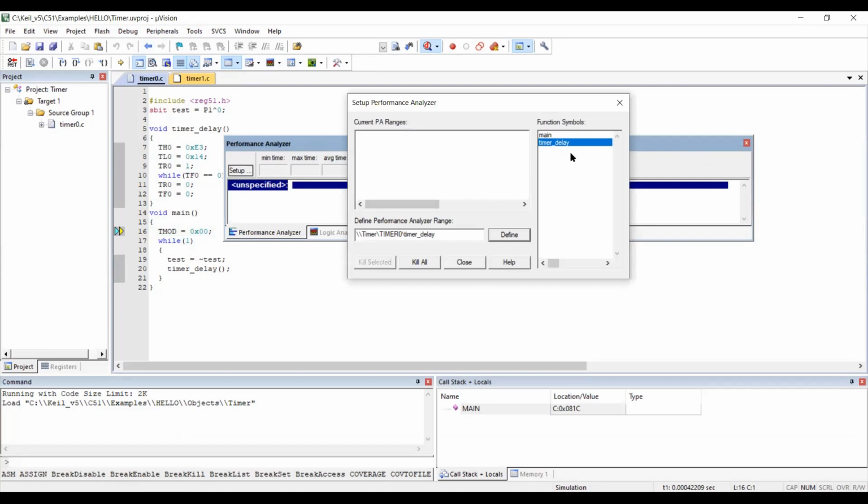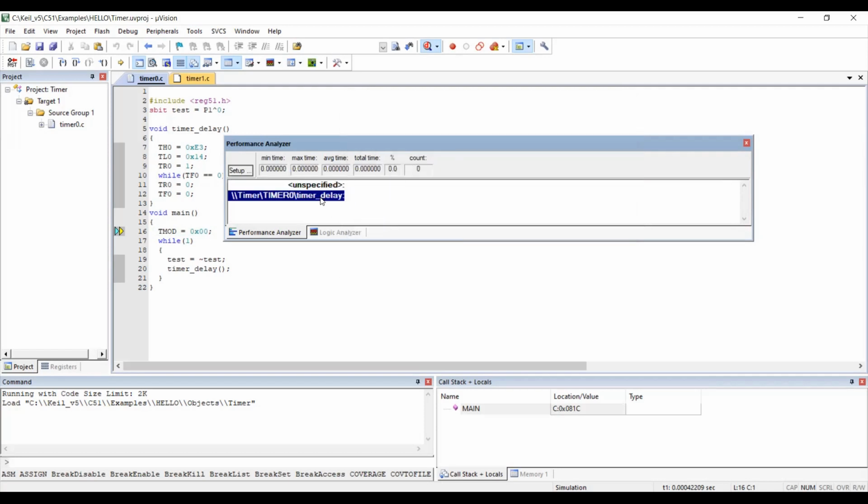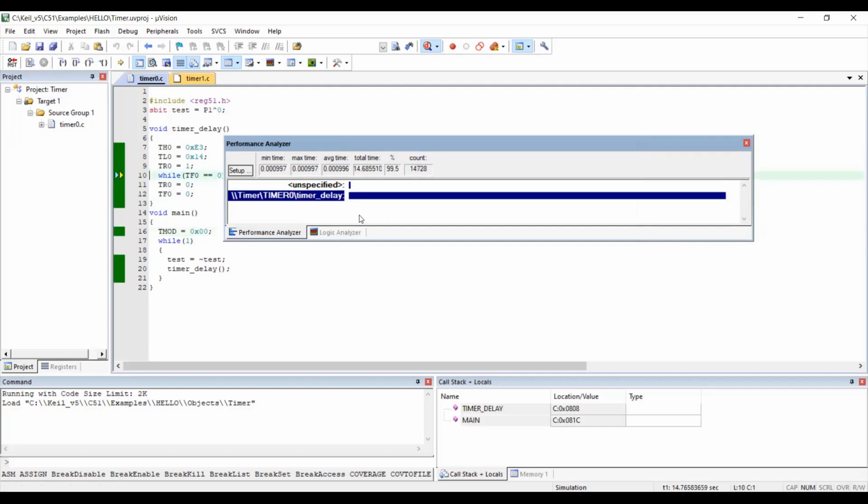We double click on the time delay and then define and then close. Now we start running and then stop. Here we see that the average time is 0.000996, which is nearly equal to 1 millisecond, and hence the demonstration of mode 0 is complete.